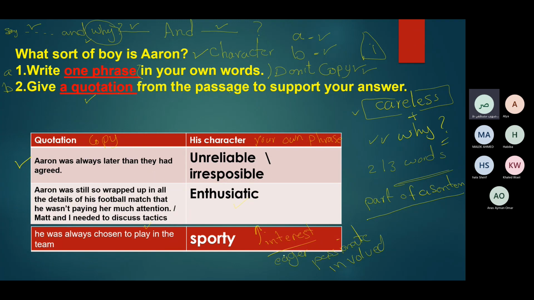Another way, I can say he is sporty. From where do I know? When he said here, he was always chosen to play in the team. So now I can judge what sort of character Aaron is. I hope answers are clear. You understand how to follow the instructions of the question very accurately. I repeat, please, if the question asked you to give a reason, for